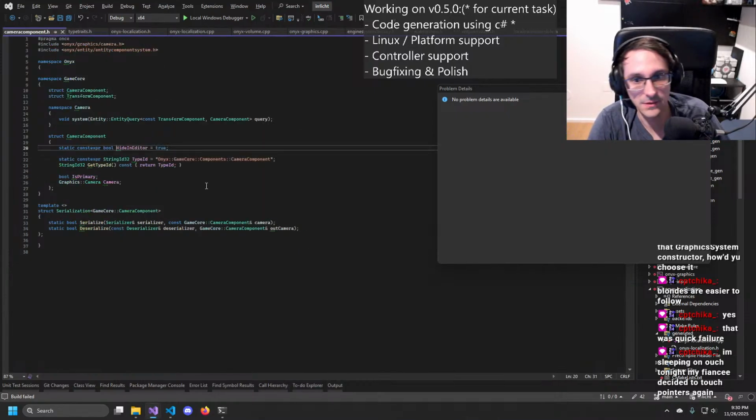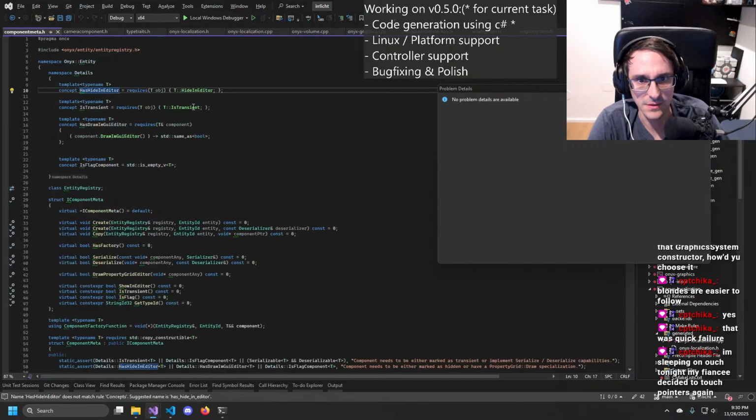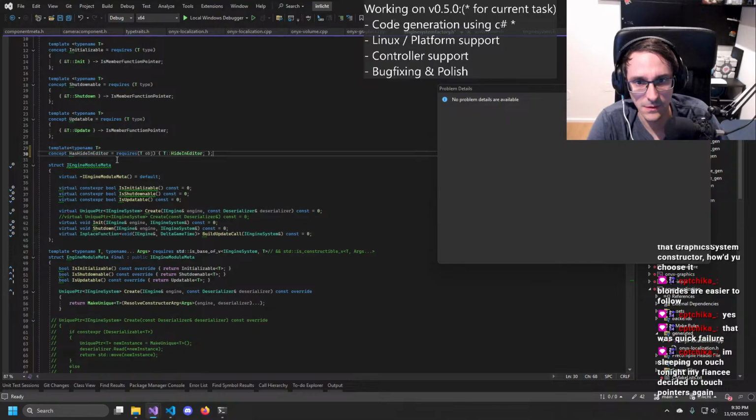Hide in editor. How do we do that? No. As hide in editor. Yeah, exactly. Please, I want to have it exactly like that. As settings.